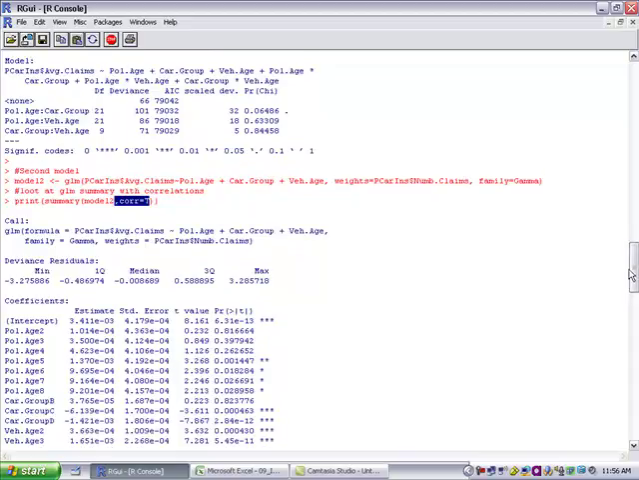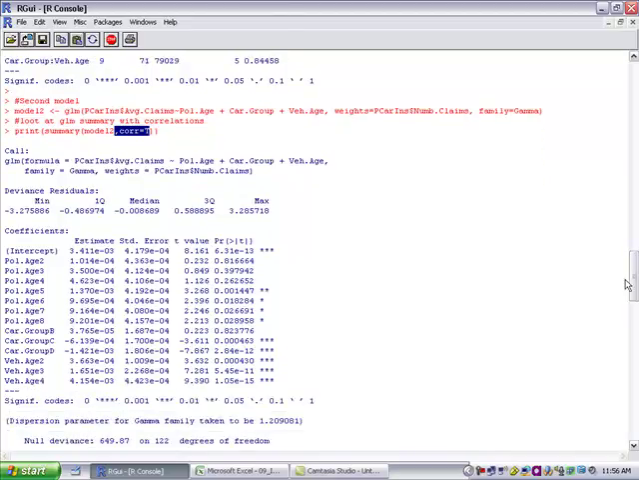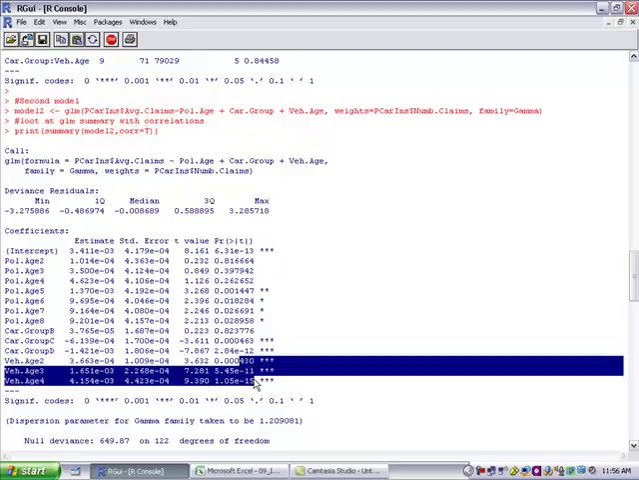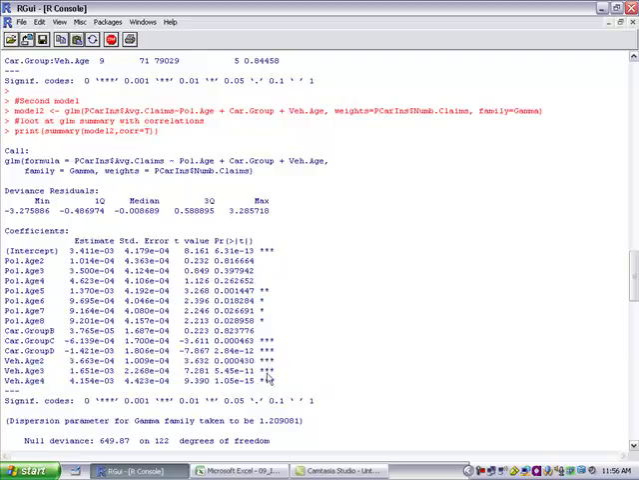So you have again information about the deviance residuals. They are a bit more spread, which makes sense because you have decreased the complexity of the model. And then you have a smaller table with the parameters and significance levels. So it seems that the vehicle age is always very significant. Now, if you look at the car group,